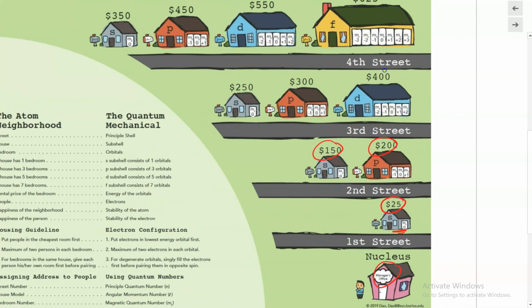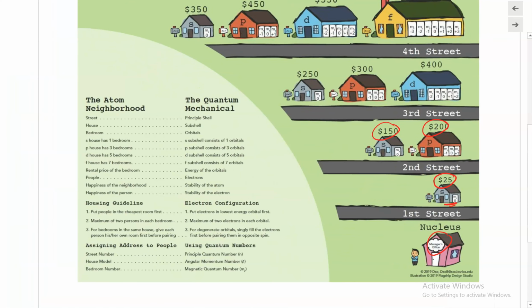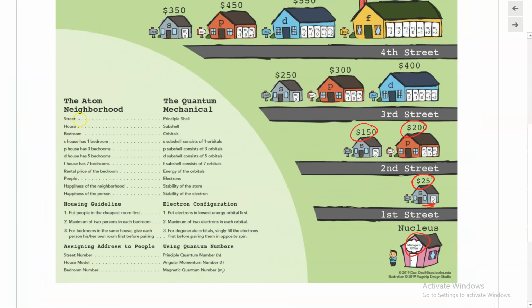Now, how does this relate to the quantum mechanical model? It goes as follows. The street is equivalent to the principal shell. The house is then equivalent to the subshell. And the bedroom is then equivalent to the orbital. Now, ultimately, the people will be living in the bedroom, right? Just like how ultimately the electron will be found in the orbital. And the S house has one bedroom, and that is equivalent to saying that the S subshell consists of one orbital. The P house has 3 bedrooms, and that is equivalent to saying the P subshell consists of 3 orbitals, and so